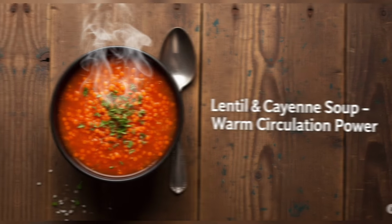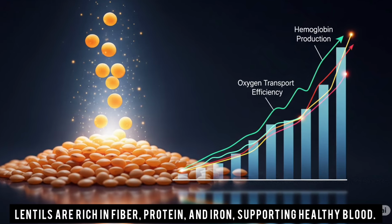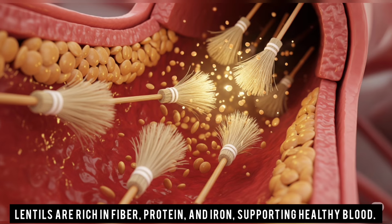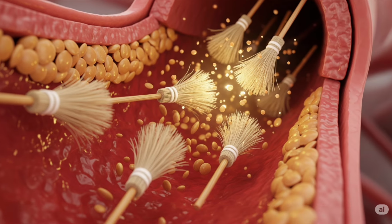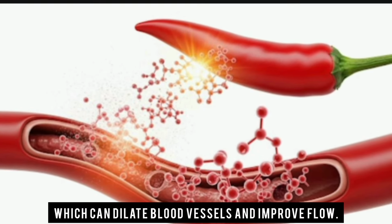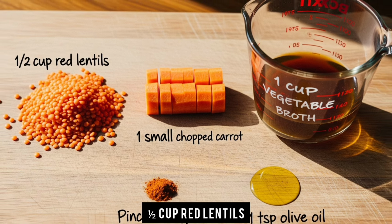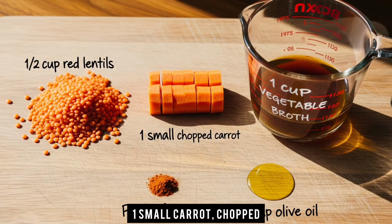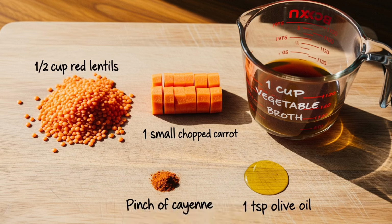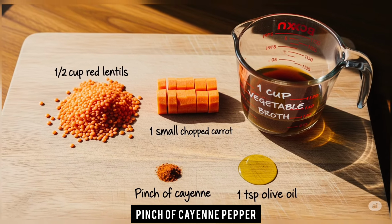Recipe 5. Lentil and cayenne soup. Lentils are rich in fiber, protein, and iron, supporting healthy blood. Cayenne pepper contains capsaicin, which can dilate blood vessels and improve flow. Ingredients: half a cup red lentils, 1 small carrot, chopped, 1 cup vegetable broth or water, pinch of cayenne pepper,